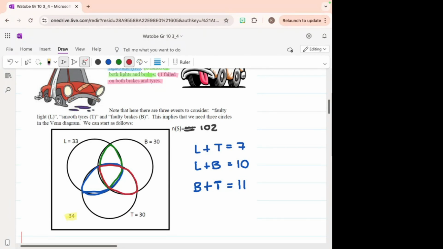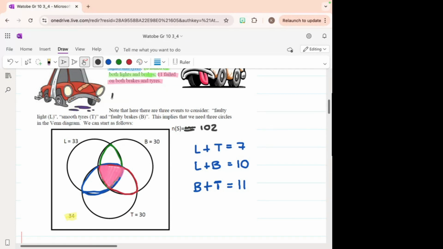What's missing? We know what lights and tires are. We know what lights and brakes are. We know what brakes and tires are, but what's missing is this very important block in the middle. I'm going to give you an example of what it would say. It could say it in a variety of different ways, but for this example, we're going to say